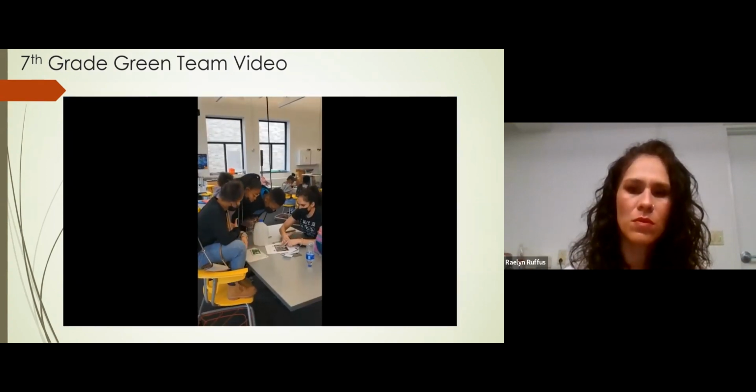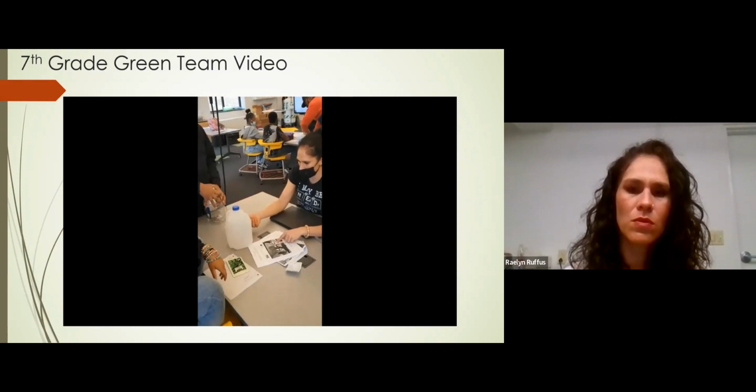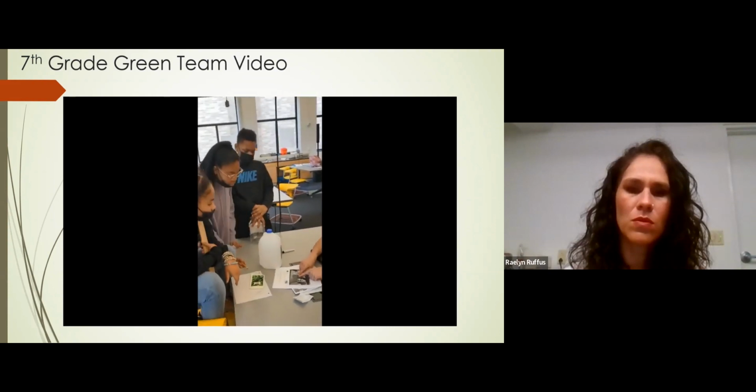So we need this deep enough that when we flip this over, this is going to be touching the water. However, it's not going to be touching the bottom of it, right? Wait, why don't